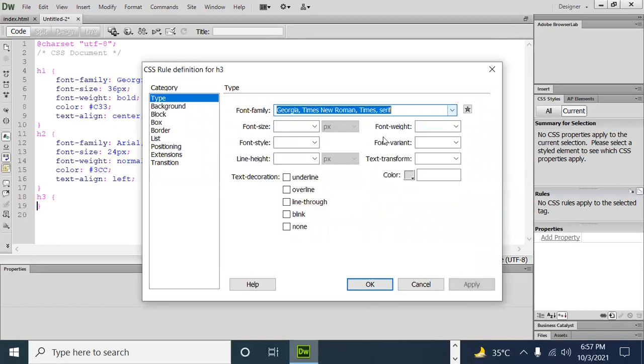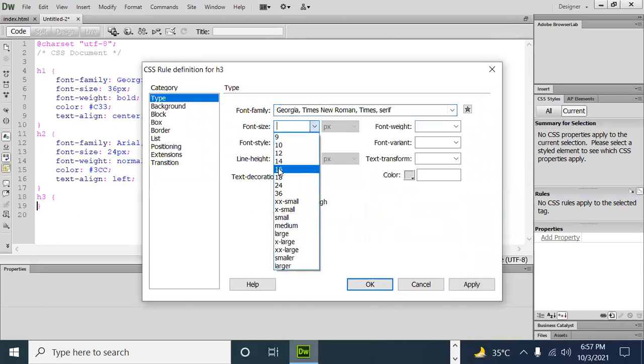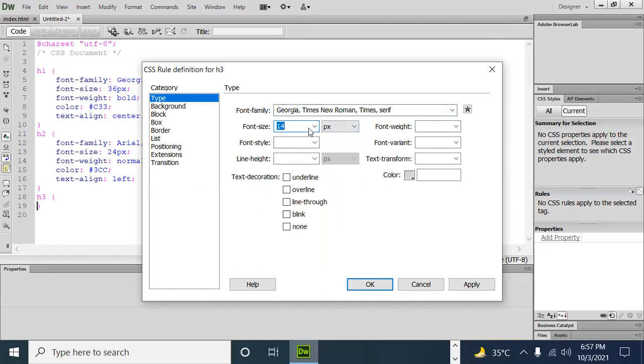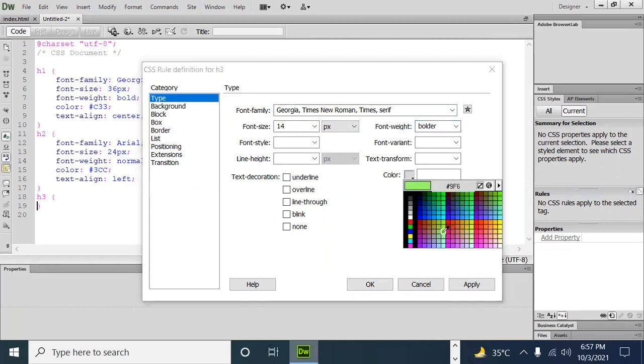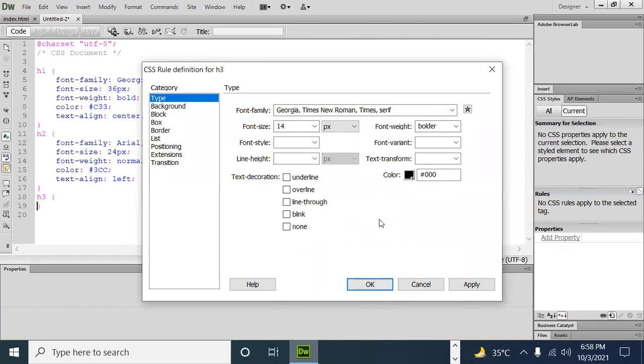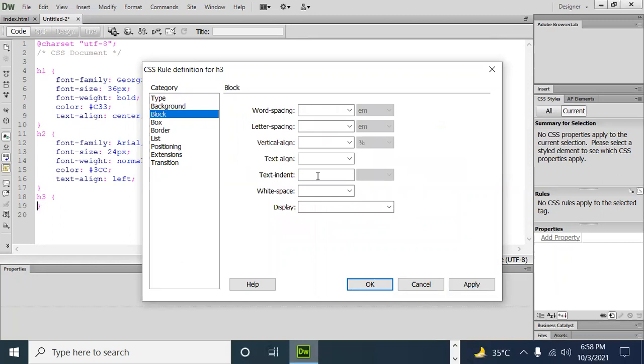Here is, suppose, serif, and this time it is 16, and this is bolder, and your background color is like any color you can have, anything like black. So go and apply your text alignment, justify or right, anyways, apply.